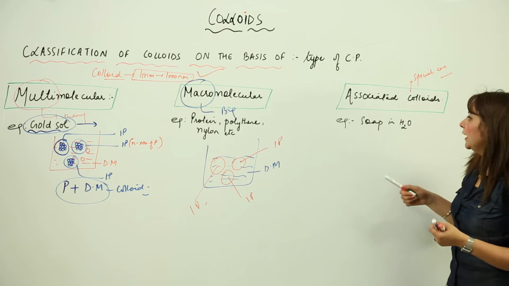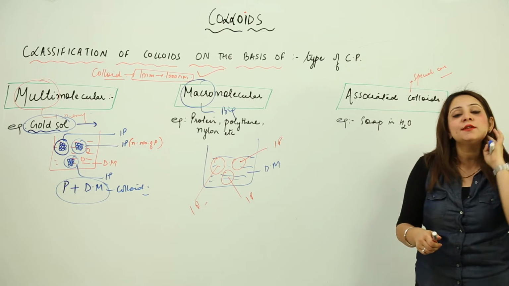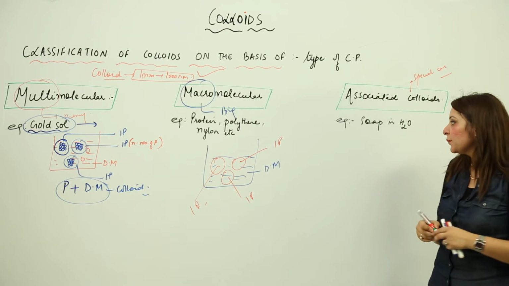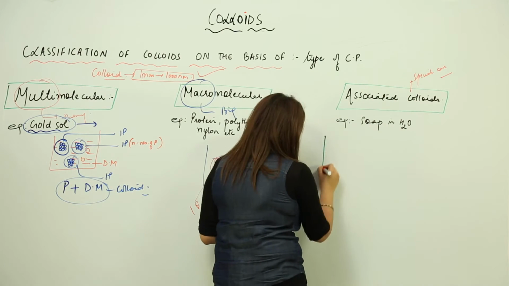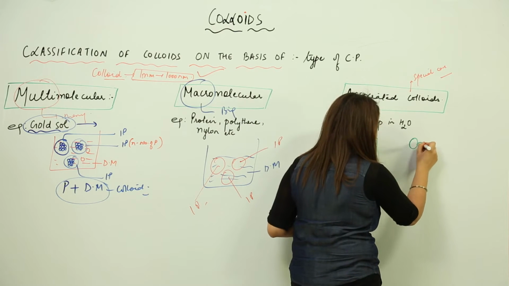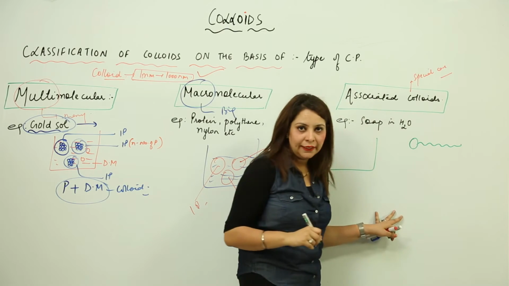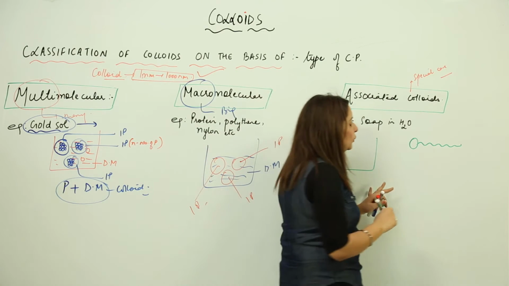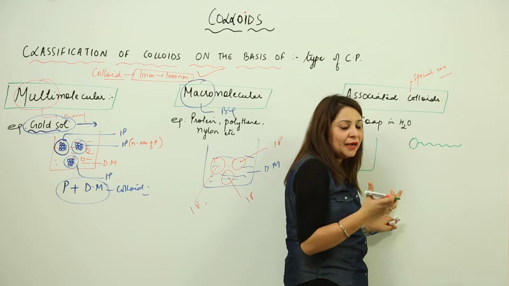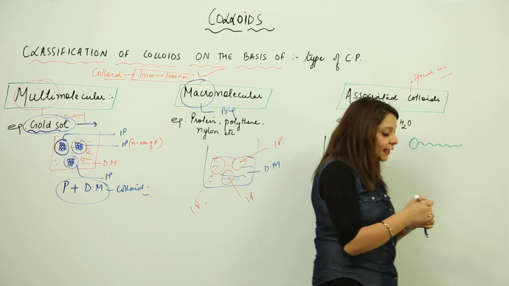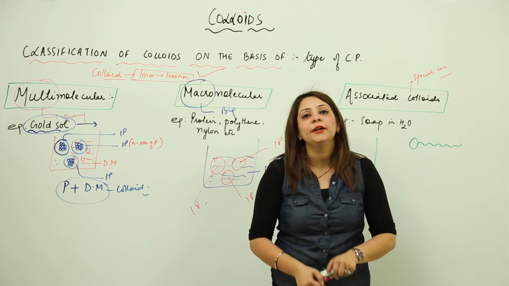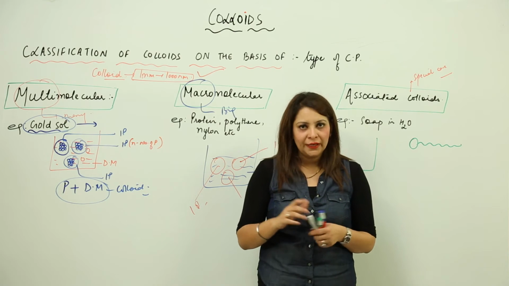Third, as I was telling you, we have a special case, that is the associated colloids. It is a special case of the colloidal particle actually. See, what happens? These associated colloids actually consist of, you can say their shape is like this, tadpole like, right. So what do they have? They have the hydrophilic part, or you can say they have the lyophilic part, and they have the lyophobic part. One thing I want to make clear, as we discussed, depending upon the interaction we classified colloids into lyophilic and lyophobic, I told you.